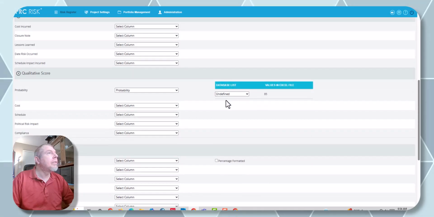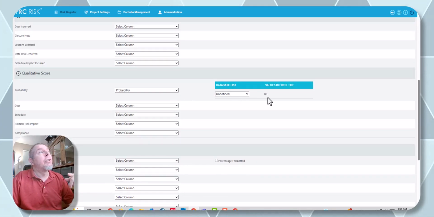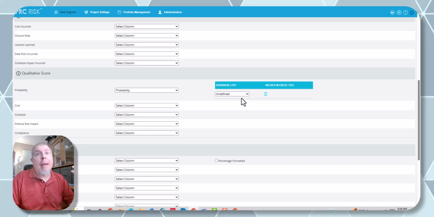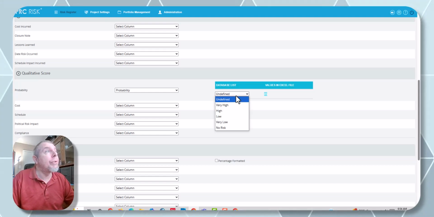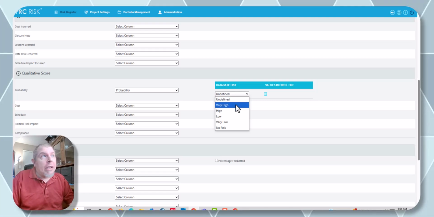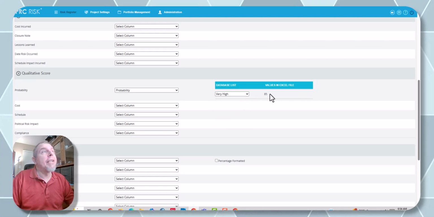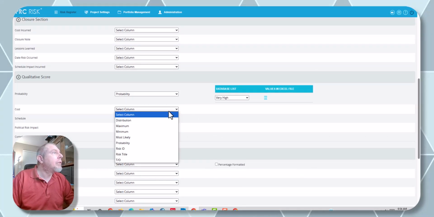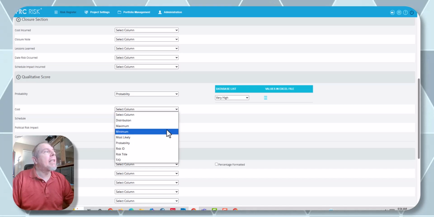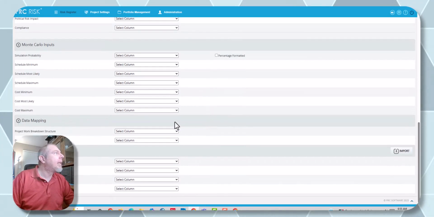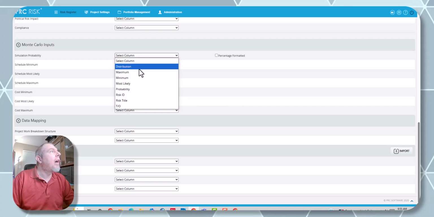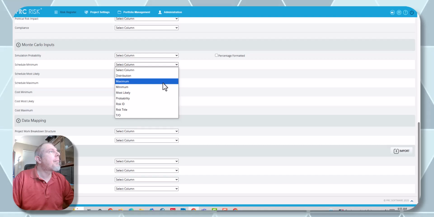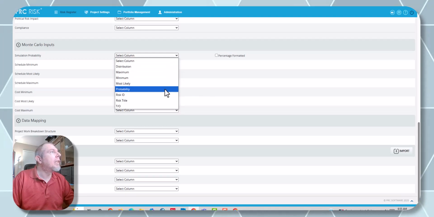We have probabilities. When I go down to probability, somebody put an 85% in the Excel file. Well, 85% doesn't map to my qualitative scoring system. So what I'm going to do is go in there, and if I know my 85% is a very high, I just map that 85% in, and it's job done. When you look at any of these, I've got min, likely, and maxes on here. So I can go in here and say, oh, my minimum should go to my schedule minimum, et cetera, and the probability to the